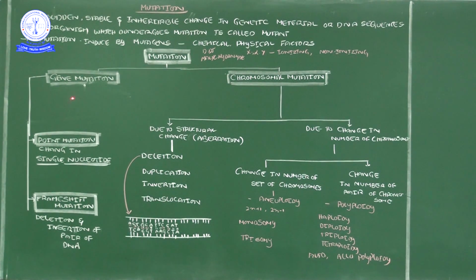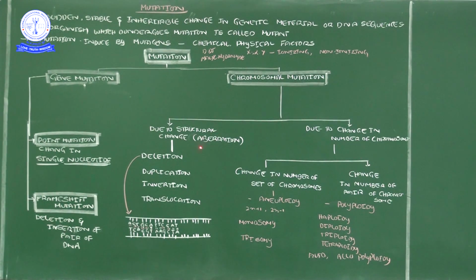So in a single gene mutation only one single character is affected, but in a chromosomal mutation several characters are affected. Abnormality is expressed through several characteristics because the mutation occurs at the chromosomal level, whereas here it occurs at the gene level first. Chromosomal mutation again divides into two types, based on whether the mutation happened in the structure of the chromosome or in the number of chromosomes.